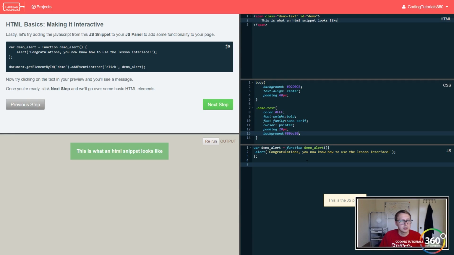So we're then going to target our document. This is just some vanilla JavaScript. We're going to target the ID, document.getElementById, the demo, and then we're going to add the event listener, which basically means track the action of. So what's the action we're tracking? We're tracking the click action, and when that happens, we want to run our demo alert function. So let's go ahead and rerun this, and you'll see